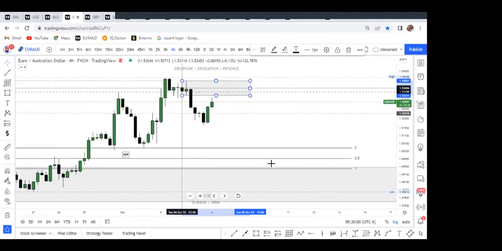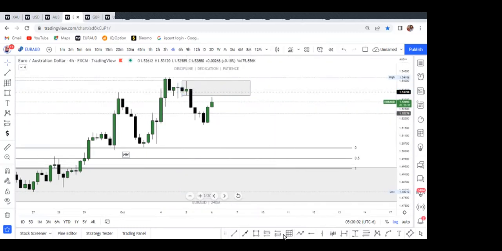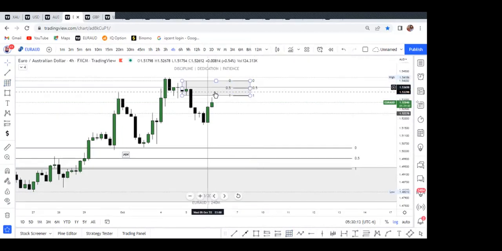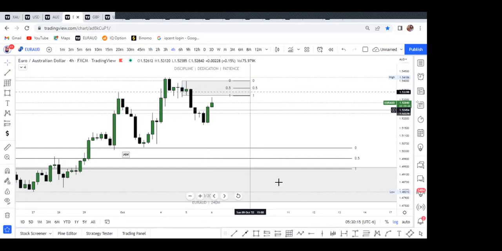On the 4 hour, I am seeing a non-mitigated demand, which looks very clean. That body candle on the sell is too clean and it has not been mitigated. A non-mitigated supply, which is this zone, and that's almost where I have my 50%. So if I take that sell, I'm just going to use a very low risk.